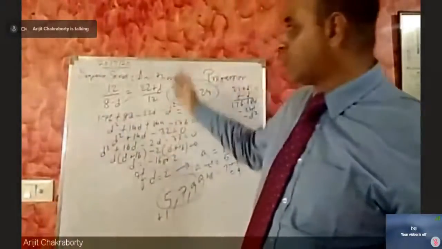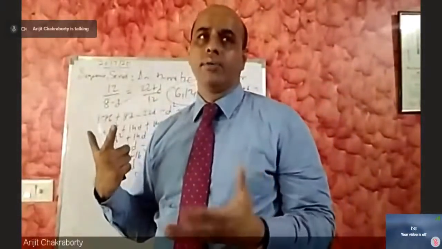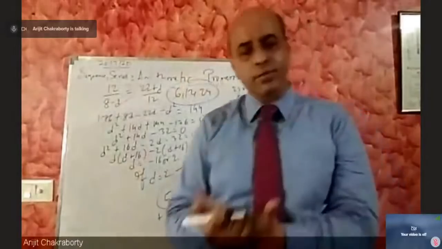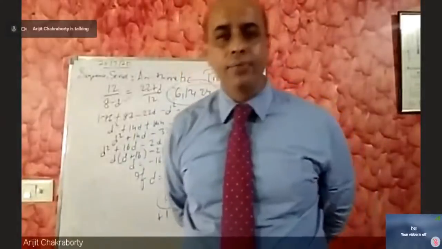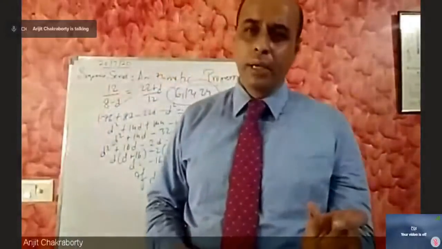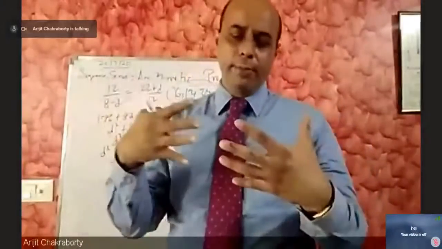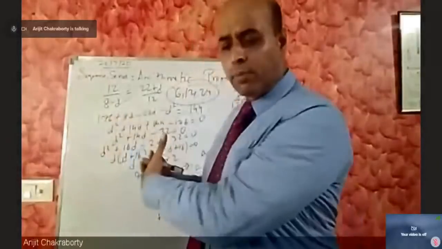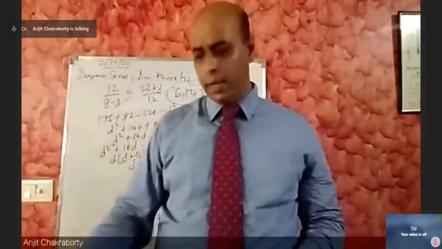Okay. I think we stop here and we have done a number of questions from arithmetic progression. We have seen what is series. We discussed progressions and sequences. We saw that sequences means a set of numbers which have some order, some sort of trend and a pattern. Then we moved on to arithmetic progression where the difference is constant, and we also looked at GP, geometric progression, because in many cases AP and GP are combined. We did a number of problems from exercise 6, A and B, mostly from A of course today,